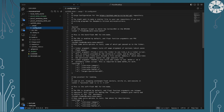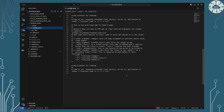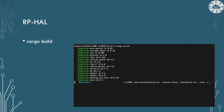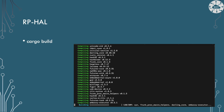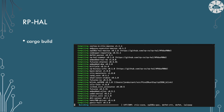With this file, this defines actually how to do that build process, and it includes all the magic spells for being able to actually load things onto the Pico via Pico tool. Because of that magic config.toml file, I can now just type cargo build, and it knows that I'm building it for an RP2350, and it will run off and run all that build process, which takes a little